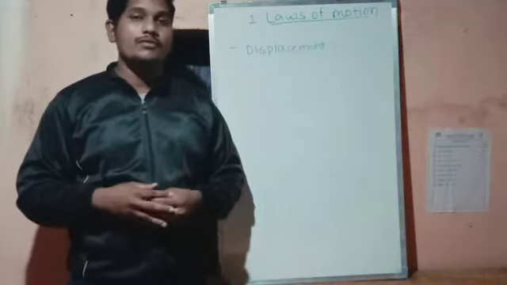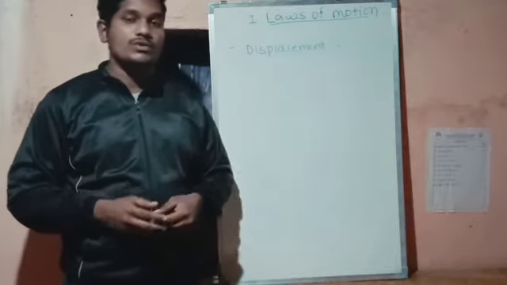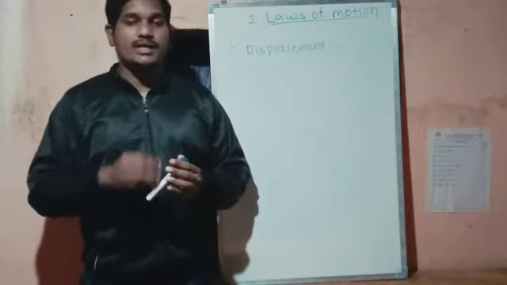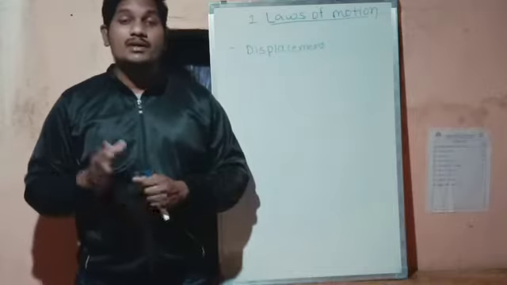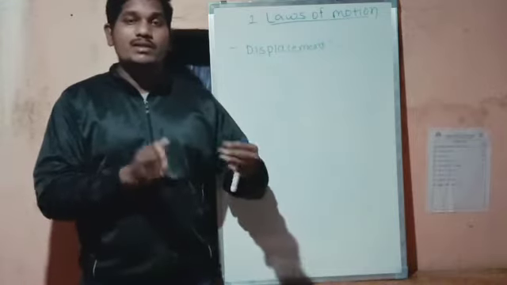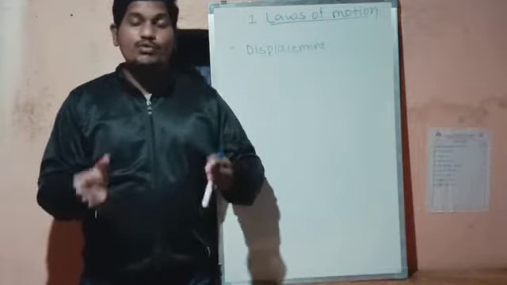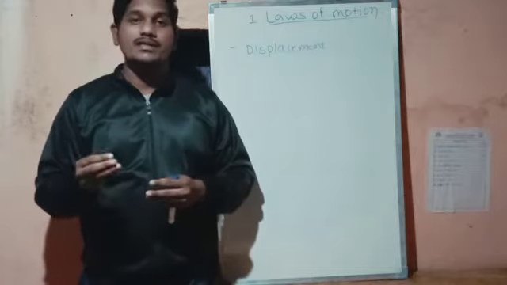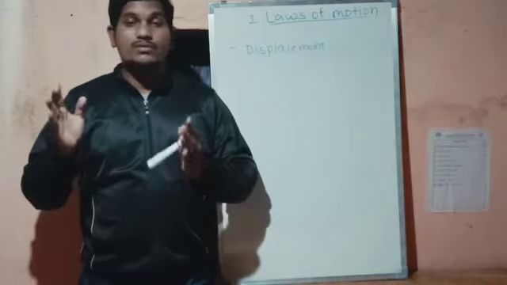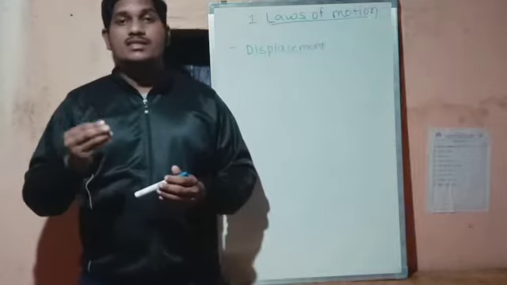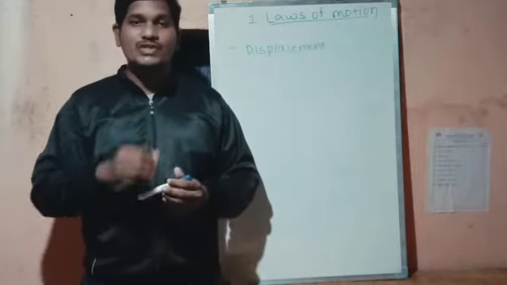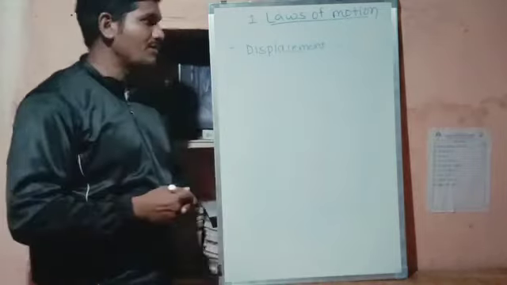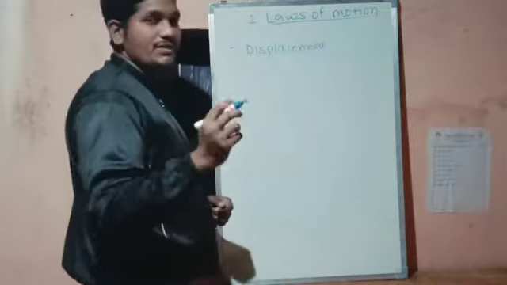As we have learned in force, suppose I apply force on a particular thing, such as a chair or a table. Then what will happen? There will be movement of the table. The table will move from one place to another. That is nothing but displacement, or you can simply say the distance between the final and the initial point. That is the displacement. First of all, I will explain.